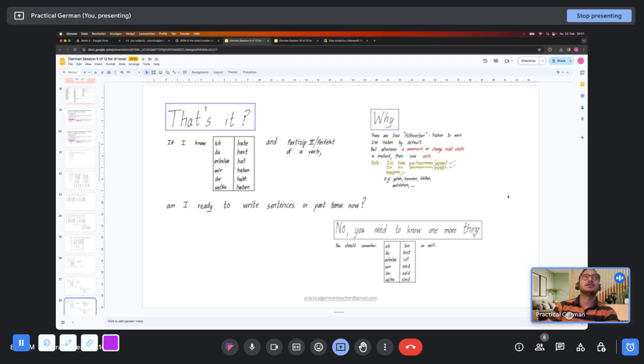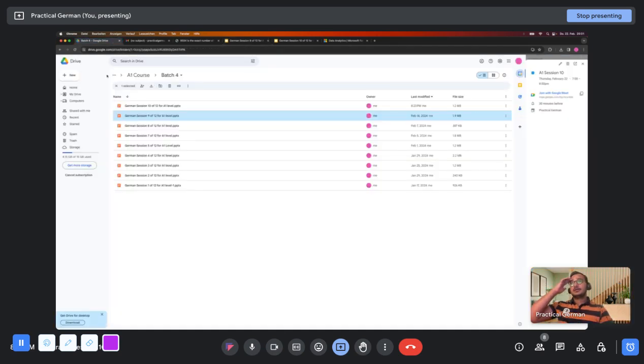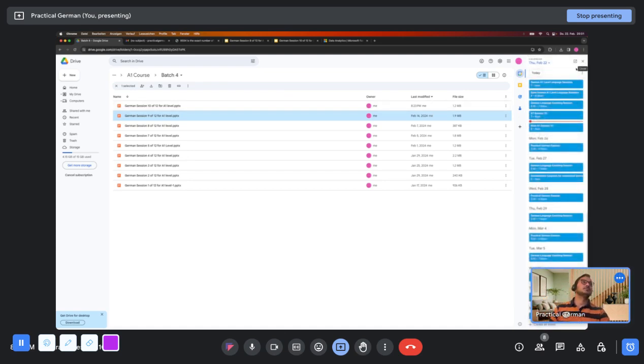It's starting next week or like 29th Feb. So does that mean that we will be completing A1 by next week? Yeah. I think this was the 11th session, not the 10th session, right? If I'm not wrong. So this was the 11th session, and we'll have one more session next week, and then on Thursday we'll start. So Monday we'll have one more A1 session. After that we'll start with A2.